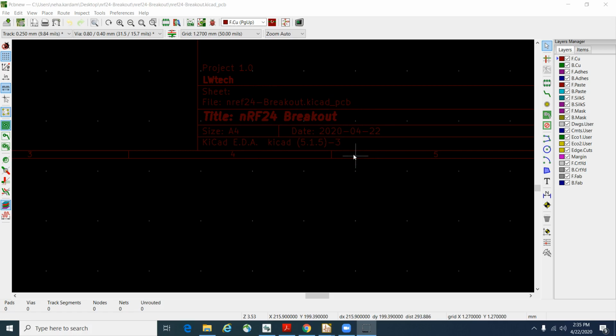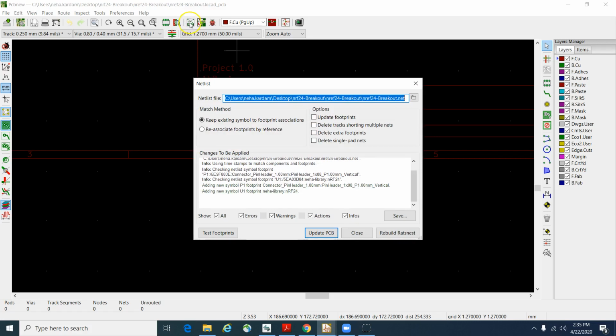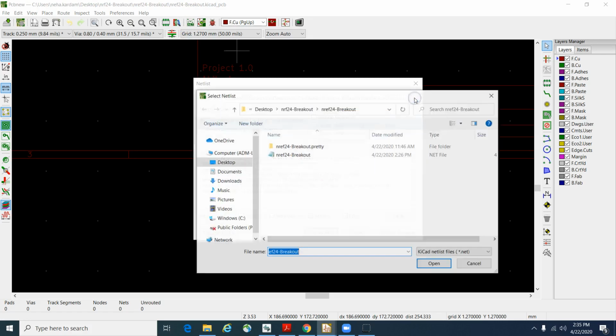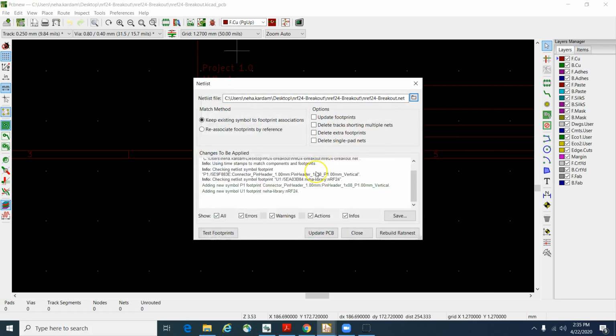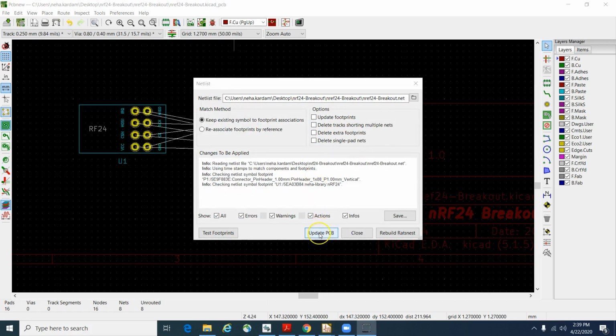Now the next thing which we are going to do here is to load the netlist on the PCB new. So I'll click on the netlist here through this symbol, and then the path for the netlist is already there, but I'll click it again and show you that I selected this path, net file. Remember we created this file. So I'm going to use this and open it up, and then next I'm going to click on this update